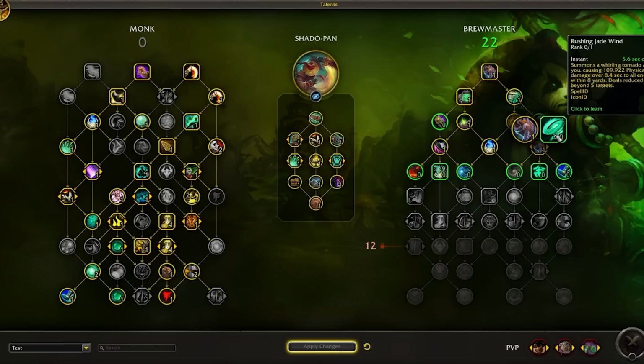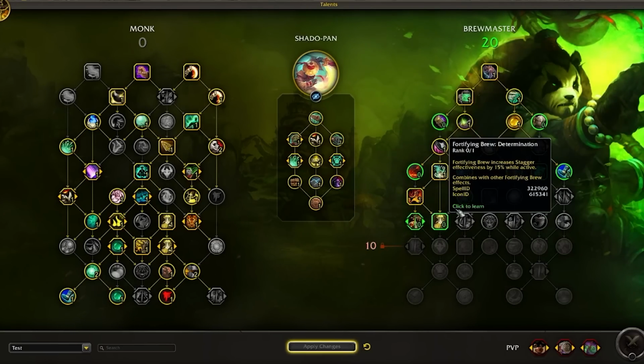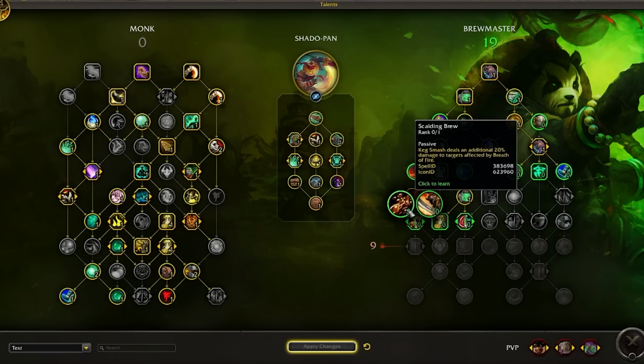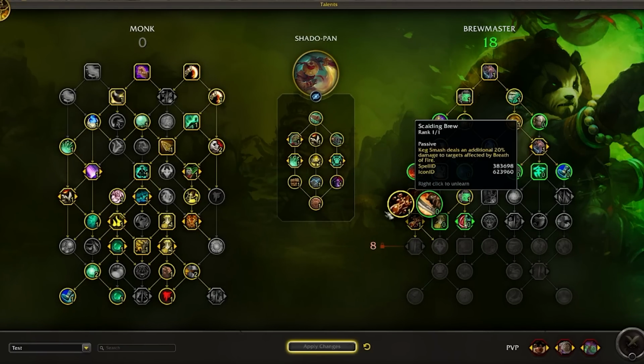Rushing Jade Wind also takes away from our ability to spend energy very frequently, so that takes away from people who are playing Shado-Pan, which is arguably the better choice right now, but we'll get into this in a second. Anyways, in terms of this, you're going to see a pretty standard build on the left side of the tree. If you're playing Shado-Pan, you're going to go Scalding Brew. If you're playing Master of Harmony, you're going to play Salsa Bim, but for now, let's assume that you're just